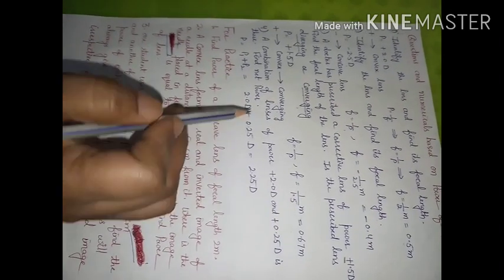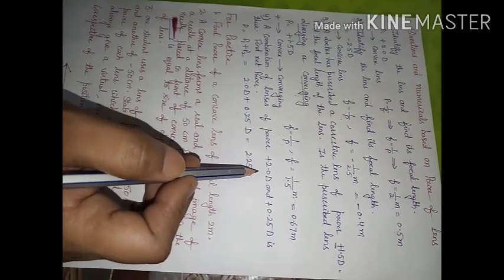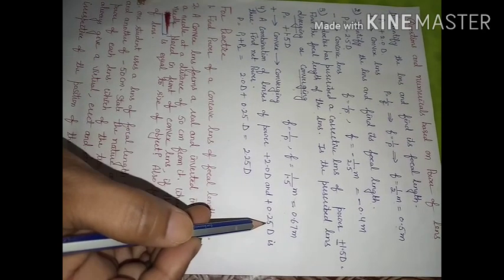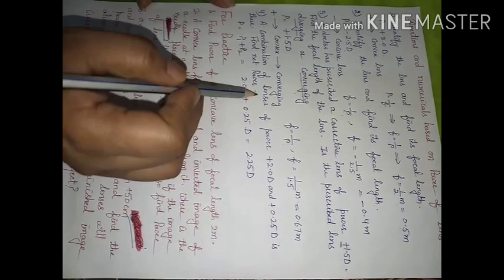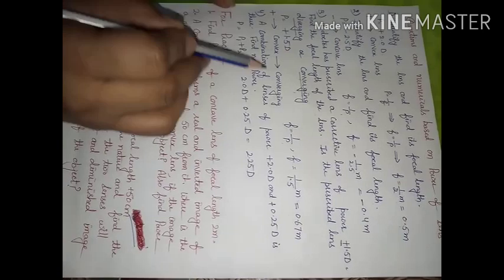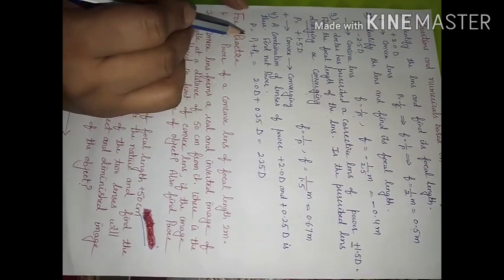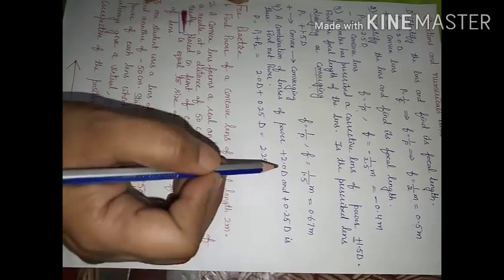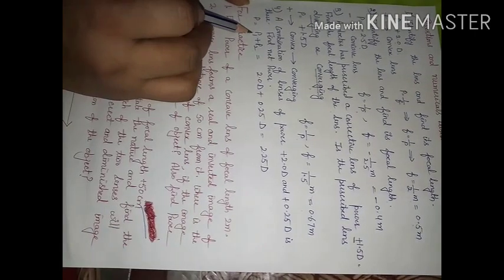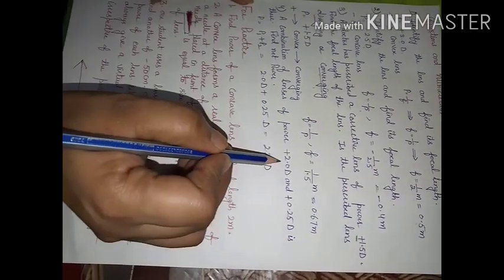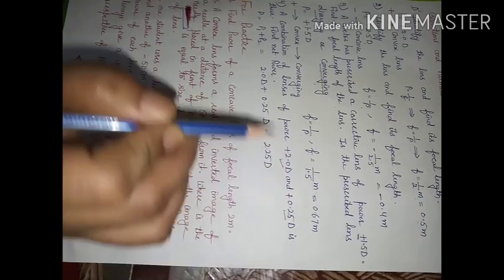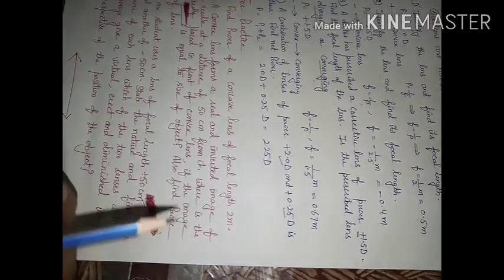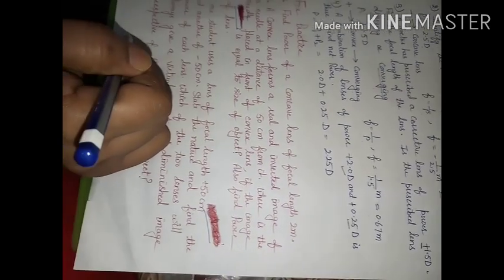Now next, we have a combination of lenses with power 2 diopter and another lens with power 0.25 diopter. We have to find the net power. So net power will be, we add the powers with proper sign consideration. So here both are positive. So P1 plus P2 will be the addition of this and this. So your answer will come out to be 2.25 diopter. So here a few questions I have given for practice.